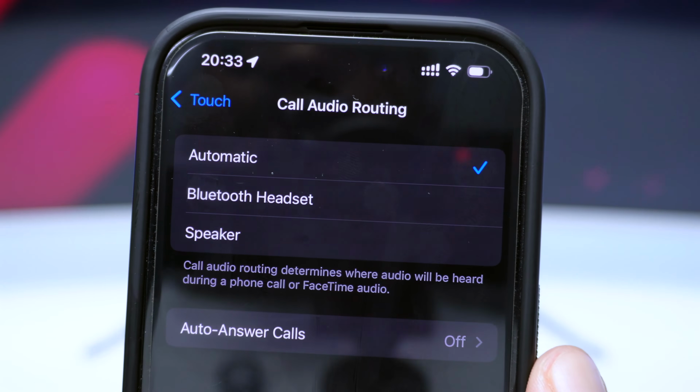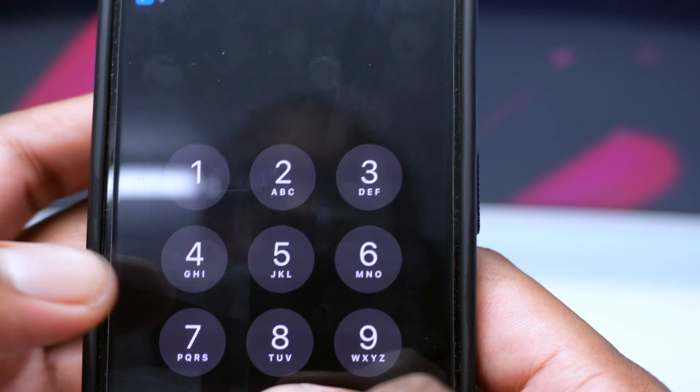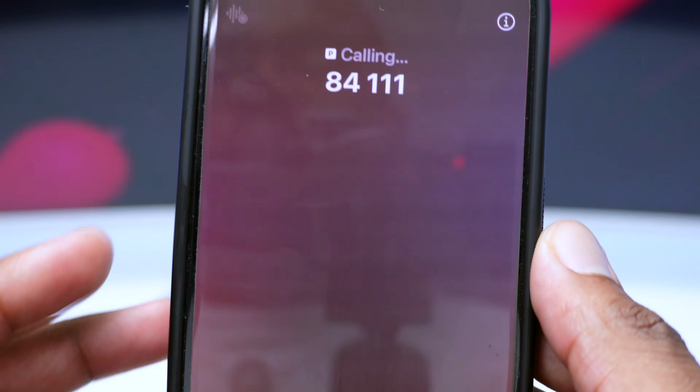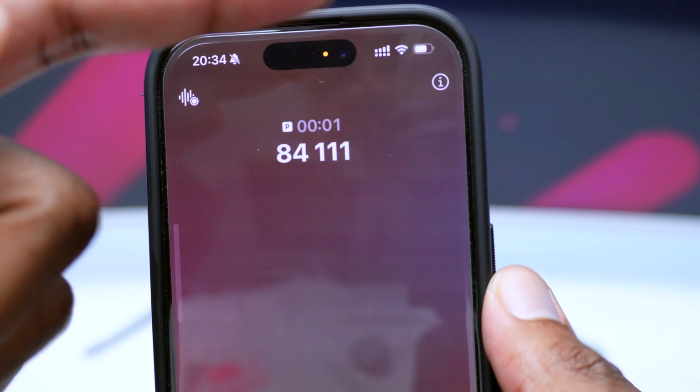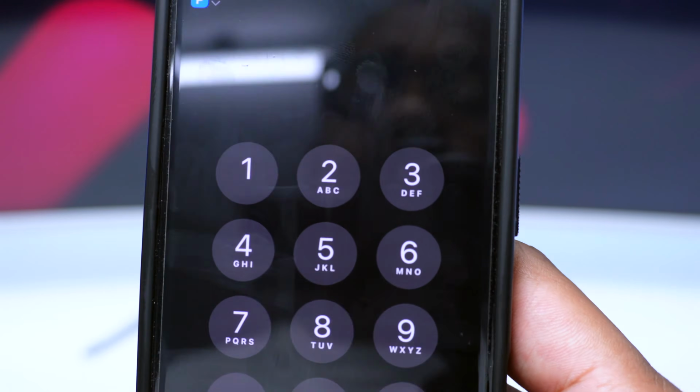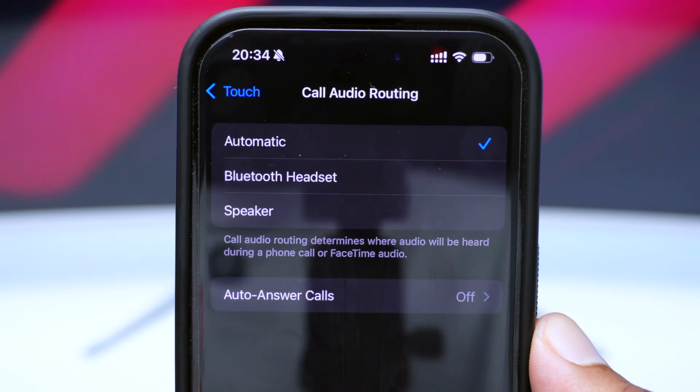Now, once you're done setting this up, try calling a specific number again, 84111 for example. See if this changes something. Make sure that the volume is up and see if the volume is much louder. Now, if the problem persists, do not worry, we're moving into the next step,